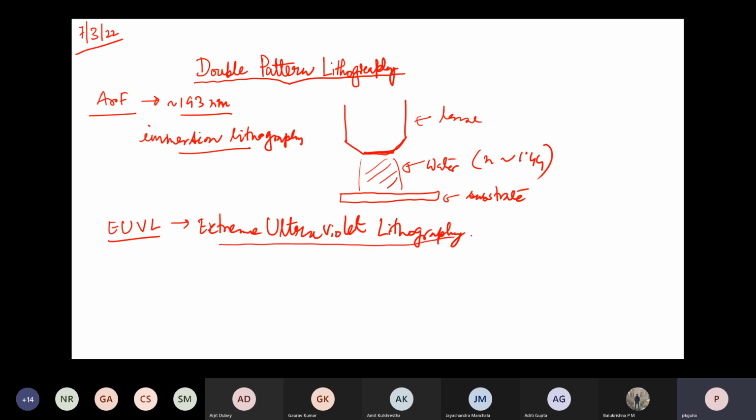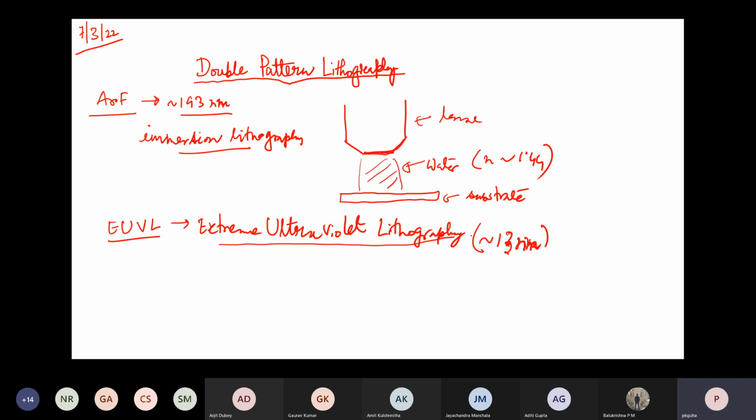So in this, the source you can use is around 13 nanometer, okay. But to be honest, this particular technique is not yet available commercially. There are some equipment that were made for research purposes, simply because there have been various challenges to use extreme ultraviolet lithography, because in this range lens basically